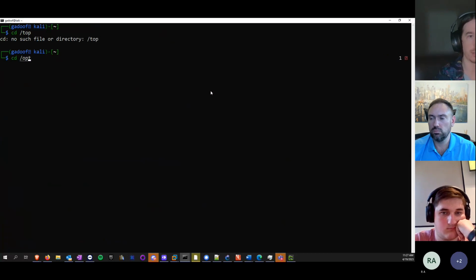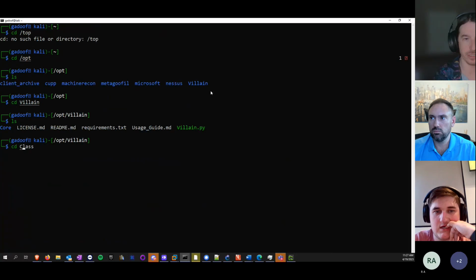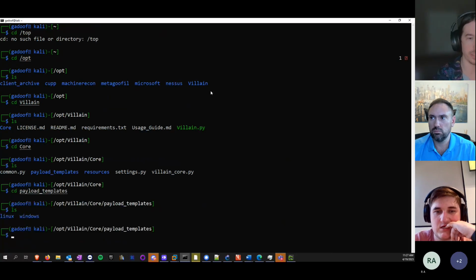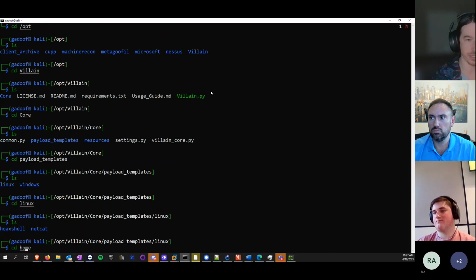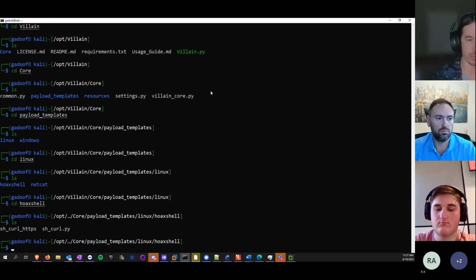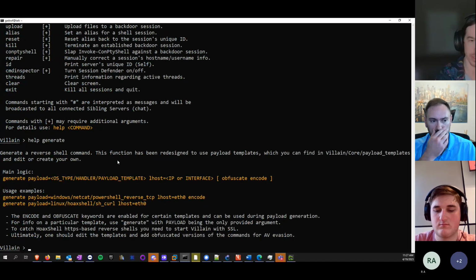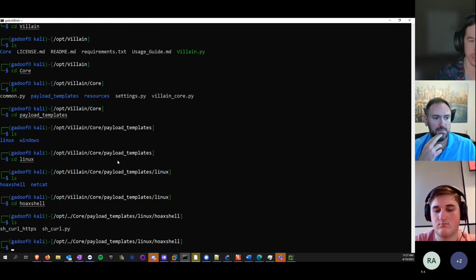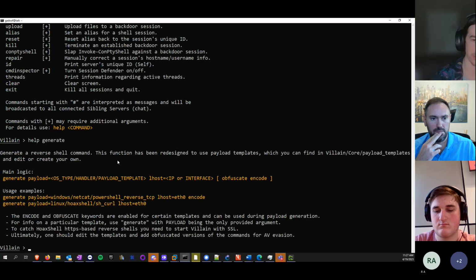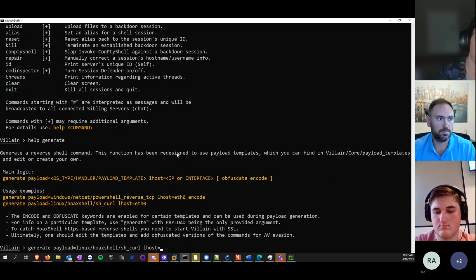Opt villain core, cd payload templates, cd linux. Okay, and then hoax shell, and then I want probably the sh curl.py. I think I'll do that. Sh curl, that should be fine. So it's going to look basically just like this. Should work. All right. So then we're going to say essentially right click, and then I'm going to say lhost